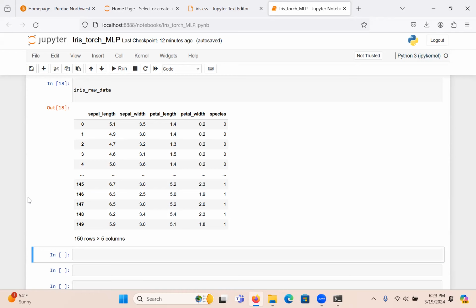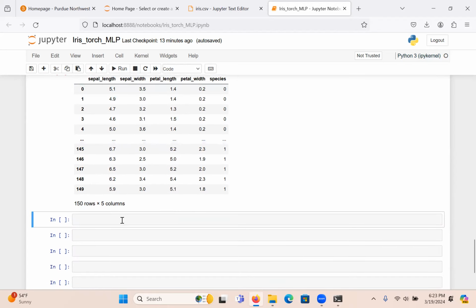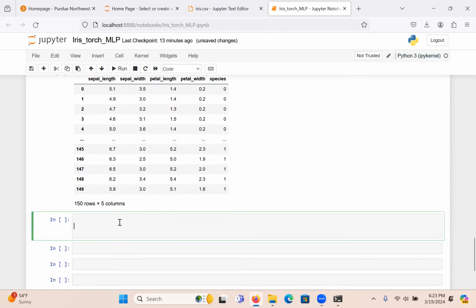All right. So we've converted the labels into strings. Now let's do a few more things. Let's say that for some reason you want to print out the column headings, right? So you can do that from pandas. You can create a list called headers list, and you can invoke iris_raw_data, and then you're going to say dot columns